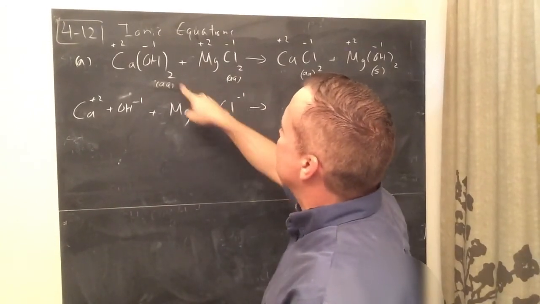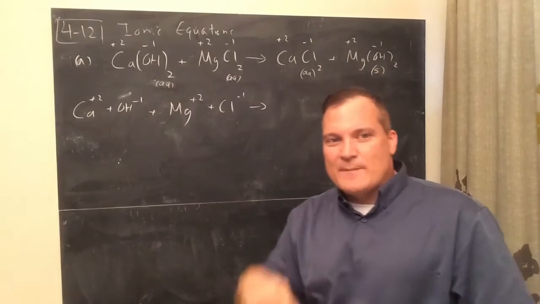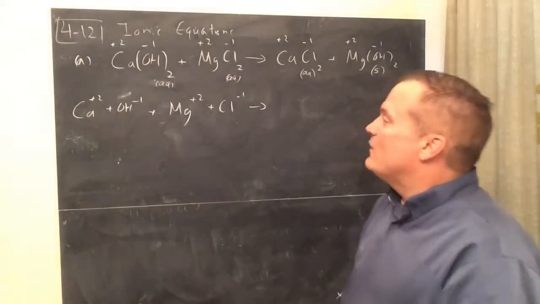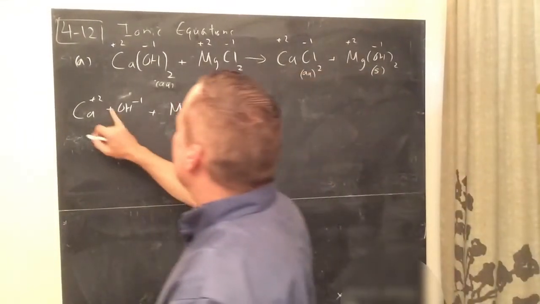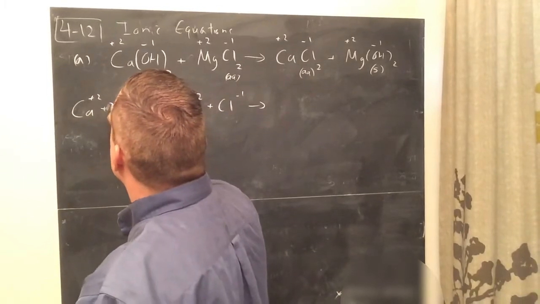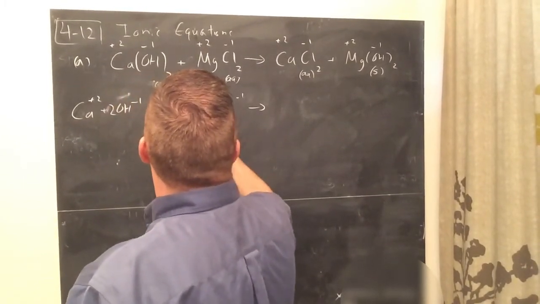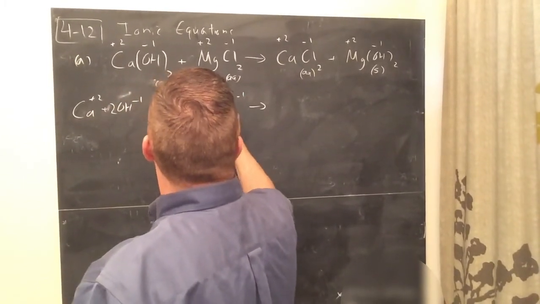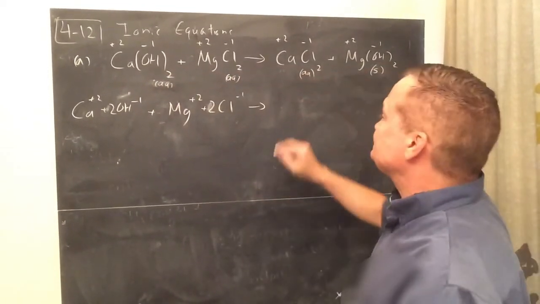You would get 2 chlorides. You would get 2 because I know I'm going to have to get the net ionic. Oh, but you know what? I better put the 2. I'm just thinking about that right now on my worksheets. On my worksheets, I don't know if